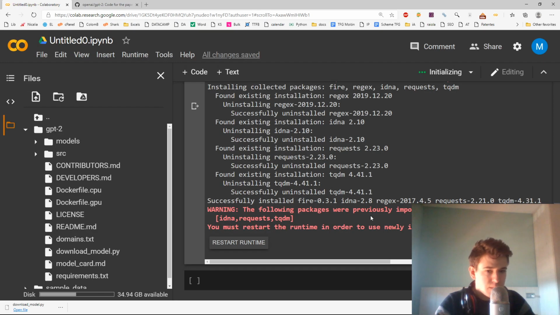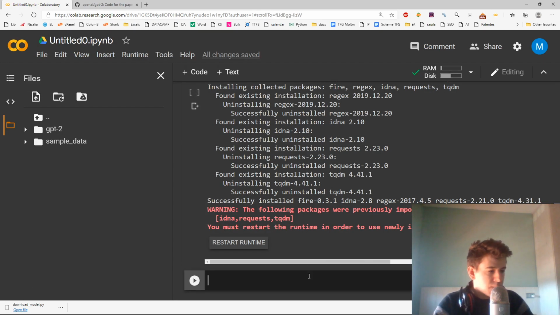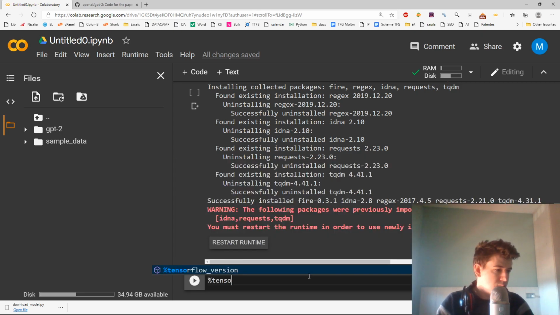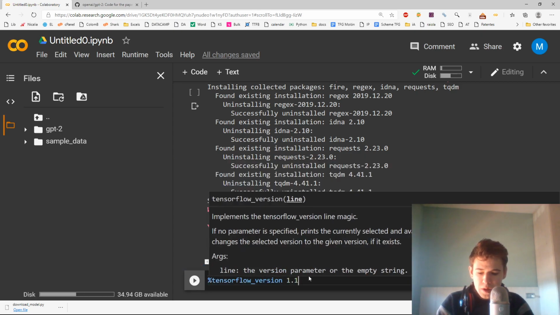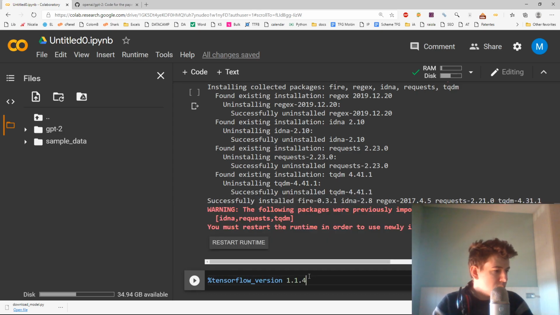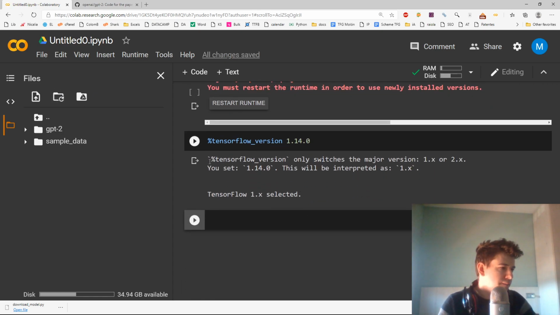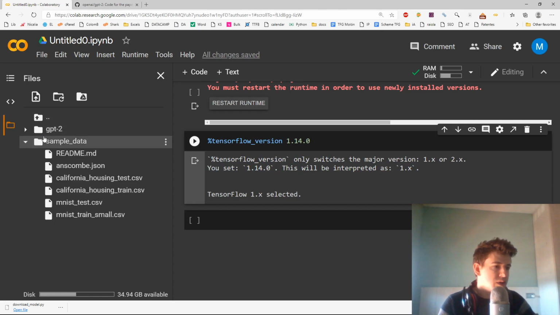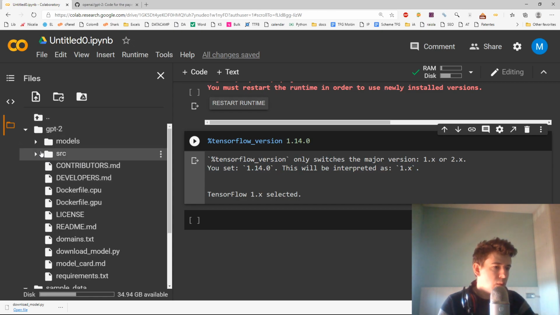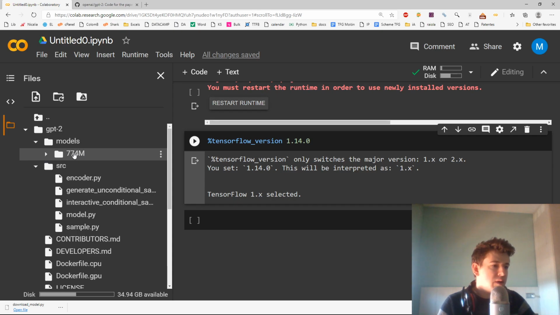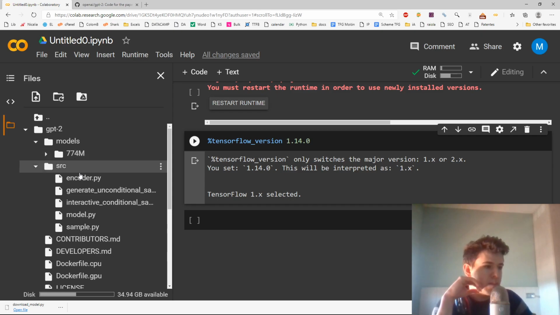Restart, yes. So we're gonna set up to this version of TensorFlow. Okay. And we just have one step more. So basically we have here the model, the 774M model, and what we're gonna